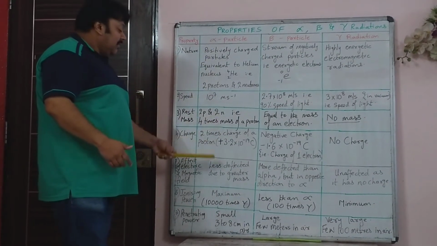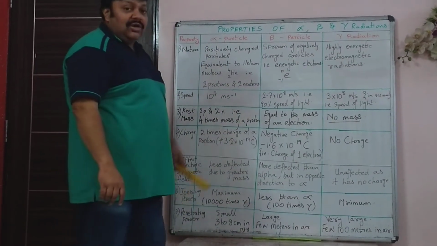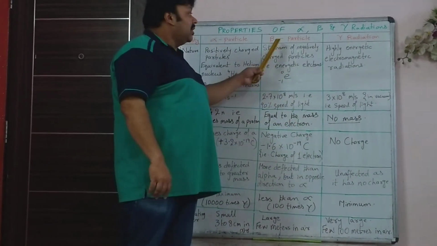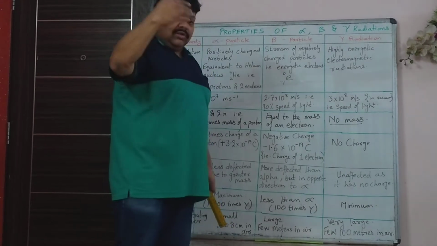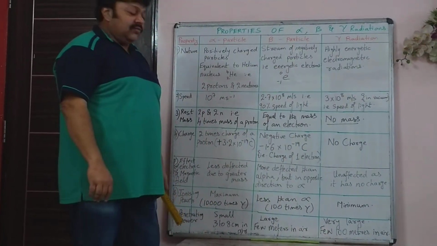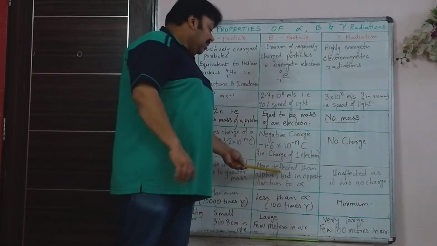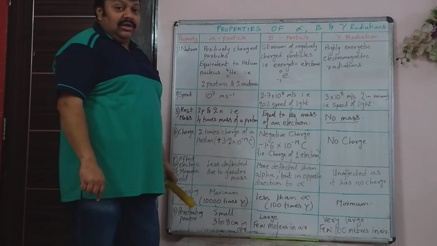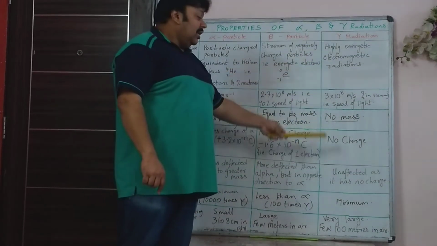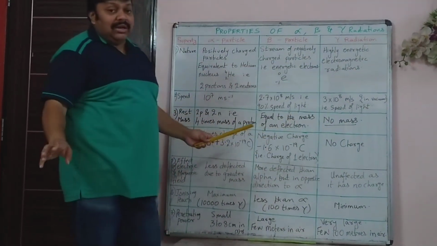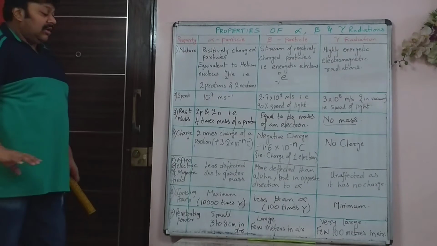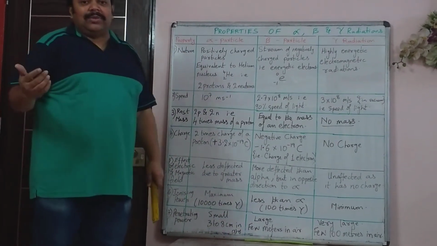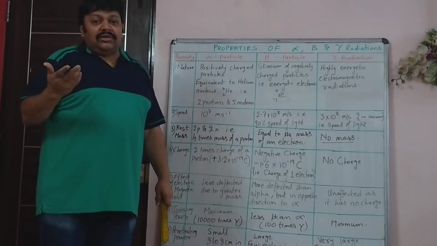So that is why the alpha particle is going towards the negatively charged terminal, whereas beta will go in the other direction. Beta is negatively charged, so it will travel towards the positive terminal. But the deflection will be more. Why? Because beta has very little mass. Gamma radiations are unaffected in electric and magnetic fields. They go straight, undeviated.